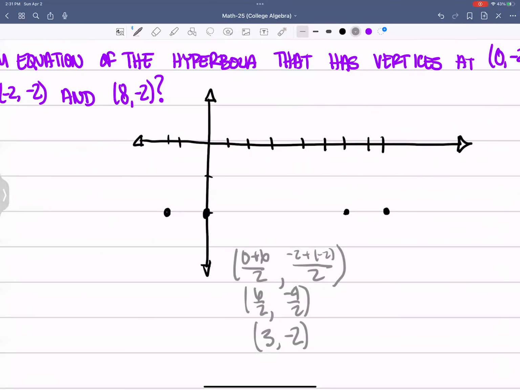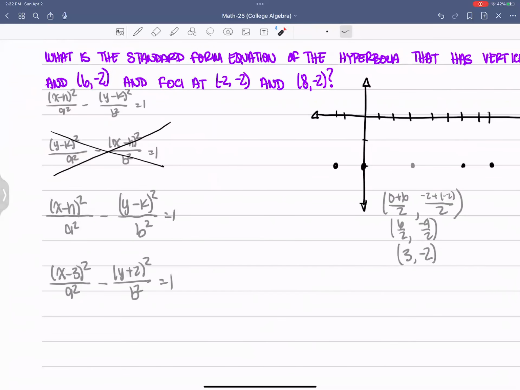So we went 1, 2, 3 units to this vertex, and 1, 2, 3 units to that vertex. Since the distance there is 3, we know that a, in the x direction, ends up being 3. So (x minus 3) squared over 3 squared minus (y plus 2) squared